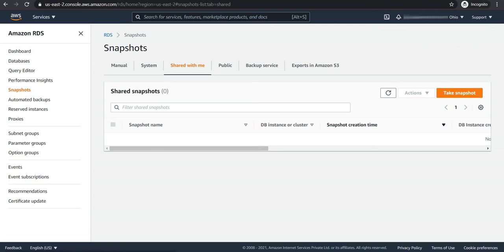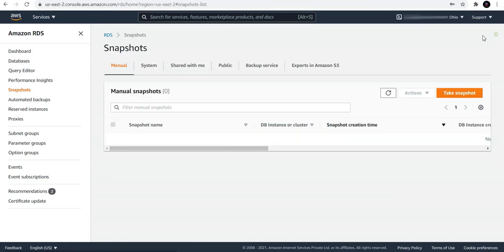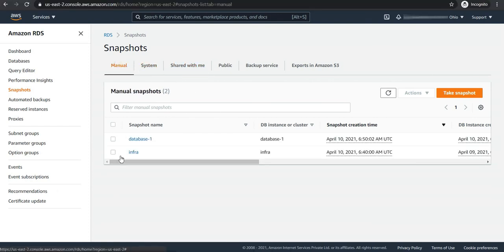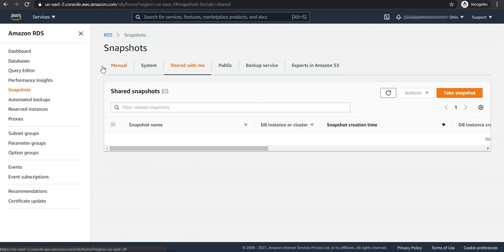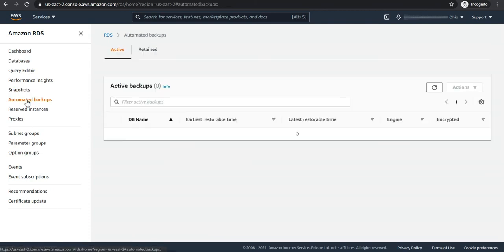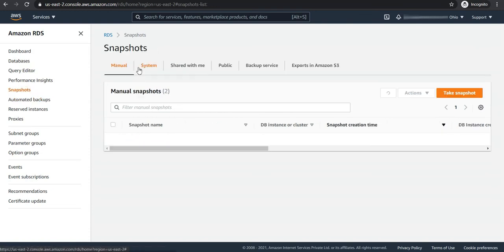Because if the source account deletes this snapshot, it will be deleted from here also. So since I have copied it in here, that's why it is there in my manual snapshots zone, but it's not there in the shared with me zone. And you can see that this is now backing up. So we'll be having one automated backups, which is also there in the system.